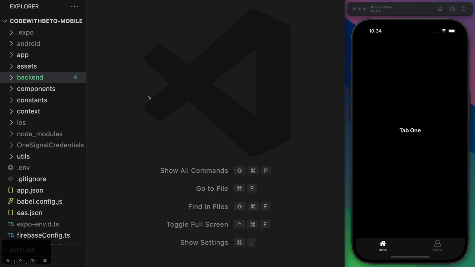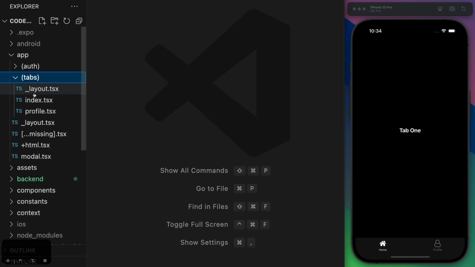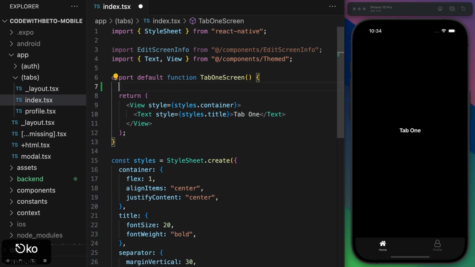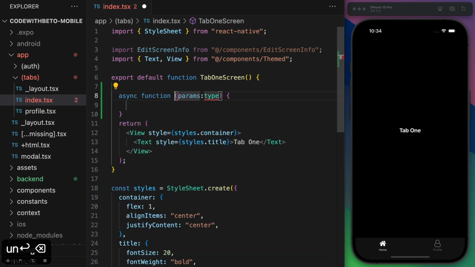And now what I want to do on the front end is maybe create a fetch request just to see if this is working. Let's go to the tabs. Inside the tabs, we have this index, which is the tab 1. And let's quickly test this out by creating an async function. And this function is going to call getPost. Okay, we don't need parameters. This function is going to